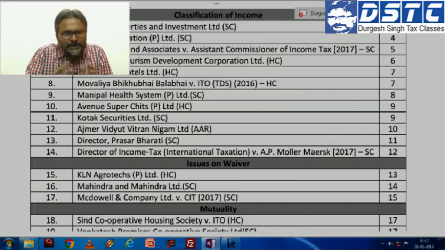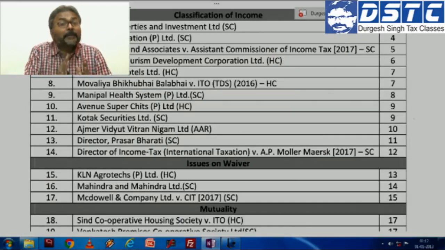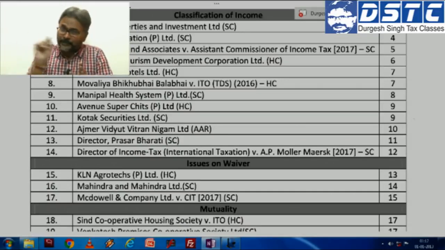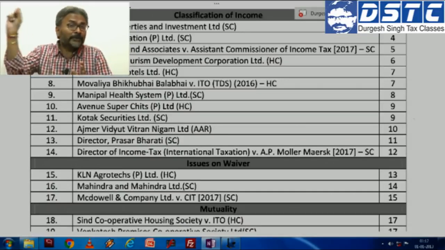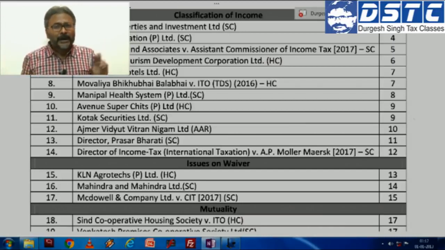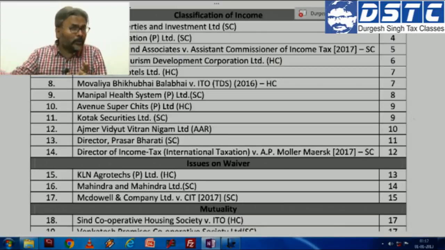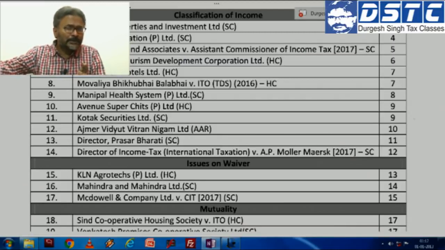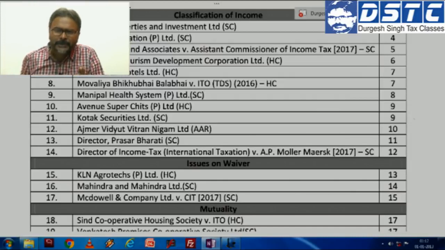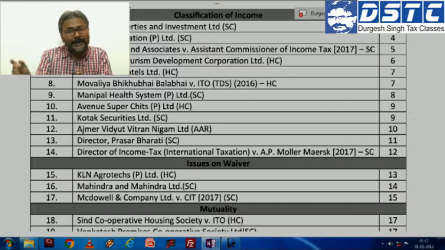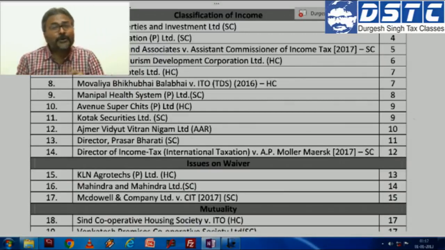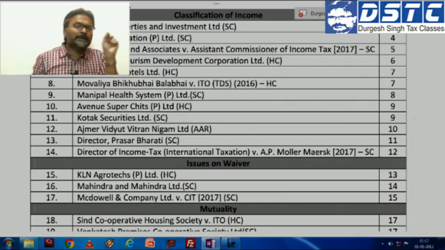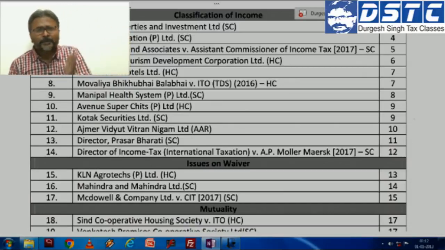Be careful, students, the company hasn't yet made the allotment of the shares. The company has not made the allotment of the shares in that particular previous year. But nevertheless, the amount was already being kept in that trust account. The interest got accrued in that particular account. So the assessing officer tried to tax that interest which got accrued in that account in the hands of the company, although the company in that particular previous year has not made any allotment of